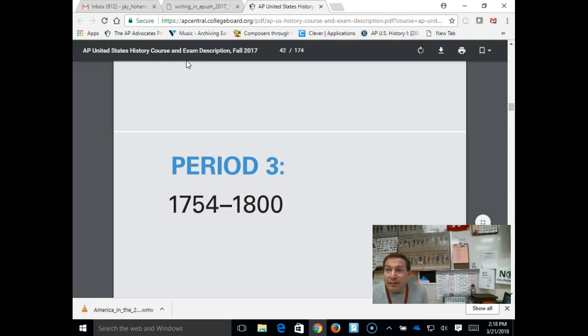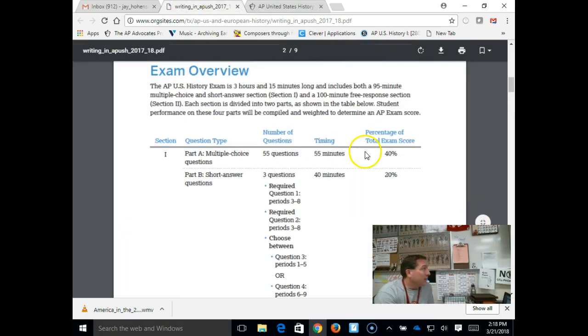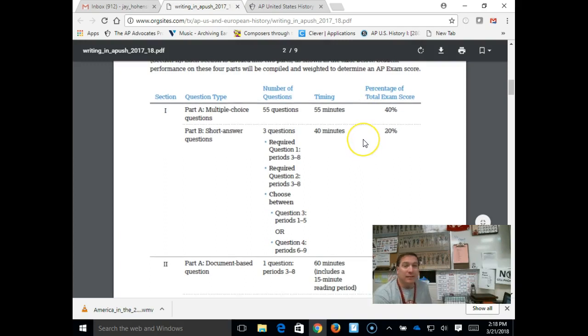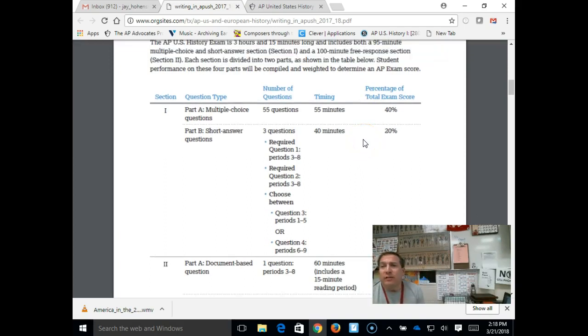Good afternoon. This is period 3, and so you should have your period 3 handout. If you don't have one, you should grab one from up on the desk in the front of the room. We are also going to be taking a look at the writing guide for just a little bit, and so you don't need to take that out. I'm just going to highlight some things for you guys, and then we can talk about your DBQ if you'd like to as well. But I think that we'll be very easily able to get through our material by 3 o'clock and get you guys on your way.